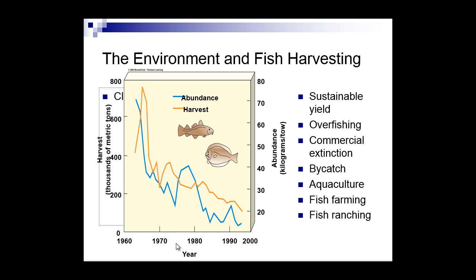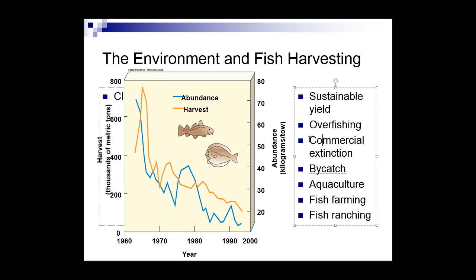So they started saying, no, you cannot catch all the fish you want. You can only catch what we say you can. So as a result, the harvest declined a little bit, so the abundance came up. All right, but now we're back into this decline. There was just a small rebound, and now it's basically collapsed. There's not a lot of fish left. In fact, they're predicting that we're going to run out of fish by about 2030. Okay, fishing will become commercially extinct by 2030.